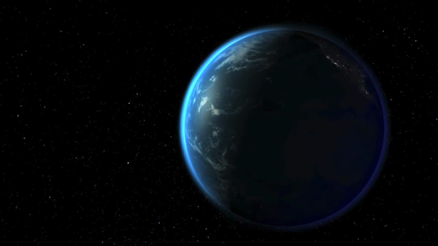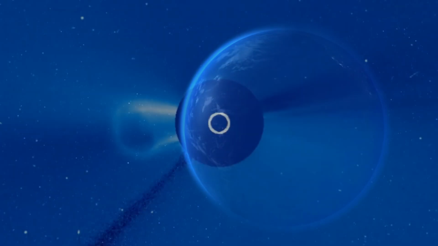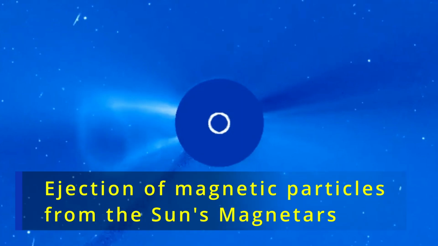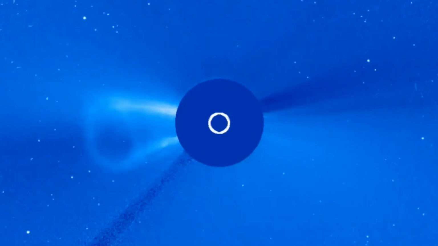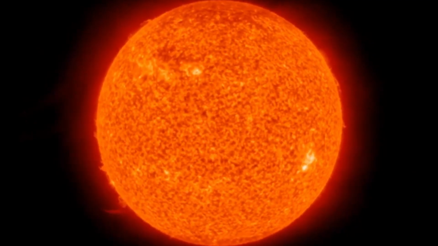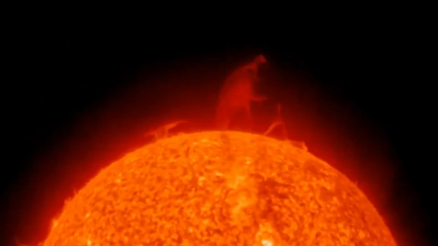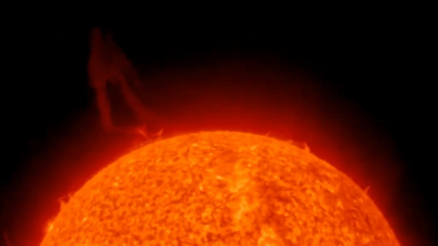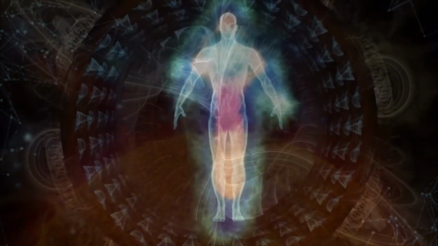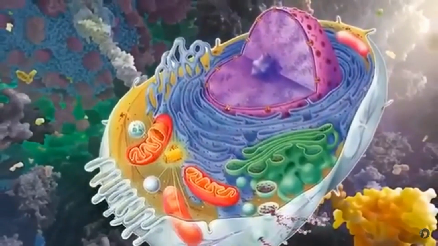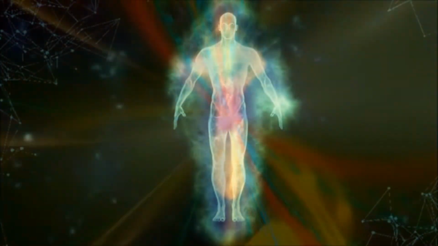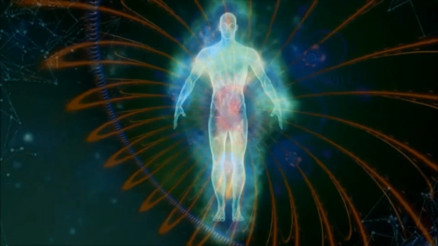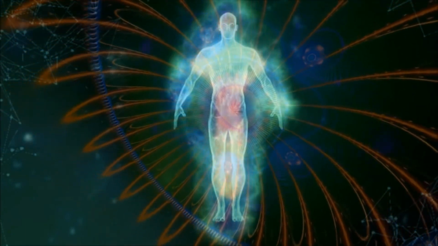If Earth lacks the necessary mass of magnetic energy for energy balance, the Sun ejects a stream of magnetic particles, observed by astronomers as magnetic storms. Without magnetic particles, our cells cannot exist. Water is non-functional, and Earth cannot sustain its movement without their involvement. Any substance cannot form without them at all.